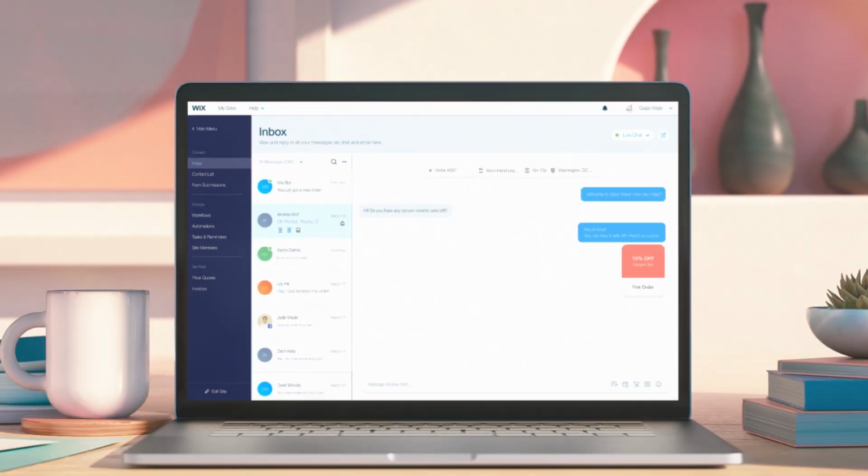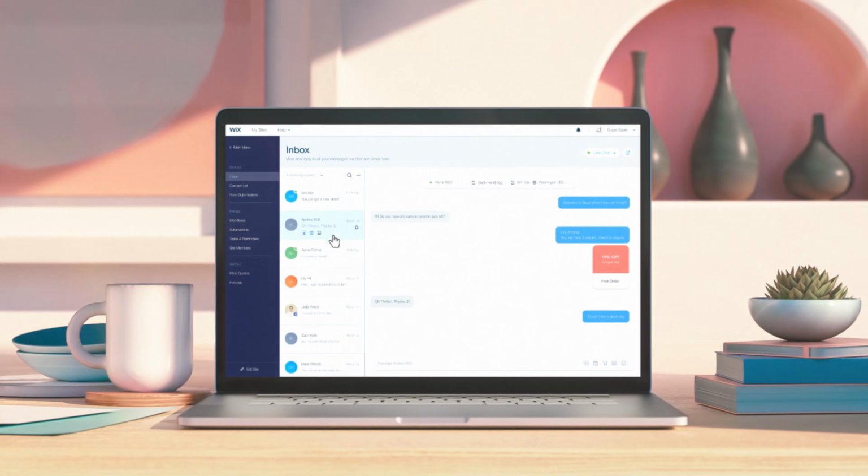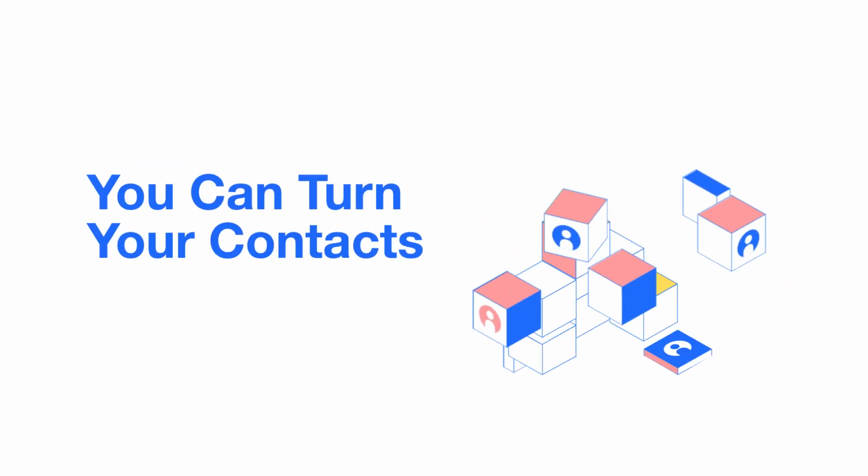Every chat will be saved in your Wix inbox, where you can manage all your conversations in one place. With Wix Chat, you can turn your contacts into loyal